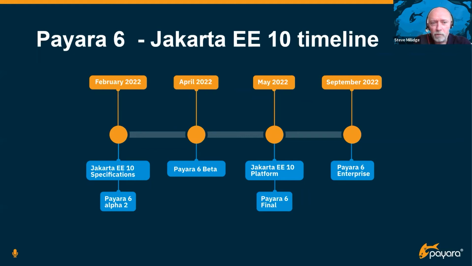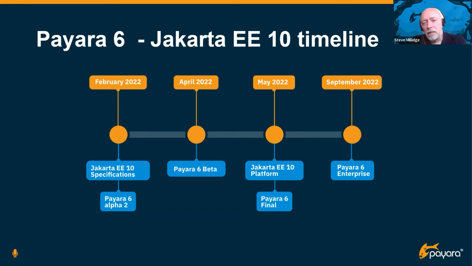Once those Jakarta 10 specs start appearing in staging repositories and ultimately in Maven Central, we want to start picking those up in the 6 branch. As we do that, we aim to release an interim beta release around the April timeframe. We've got another slide which has this in more detail, which you can wait for if you're writing things down. So the beta will have a chunk of specifications. We don't know exactly which ones because we don't know which ones are going to start appearing when.